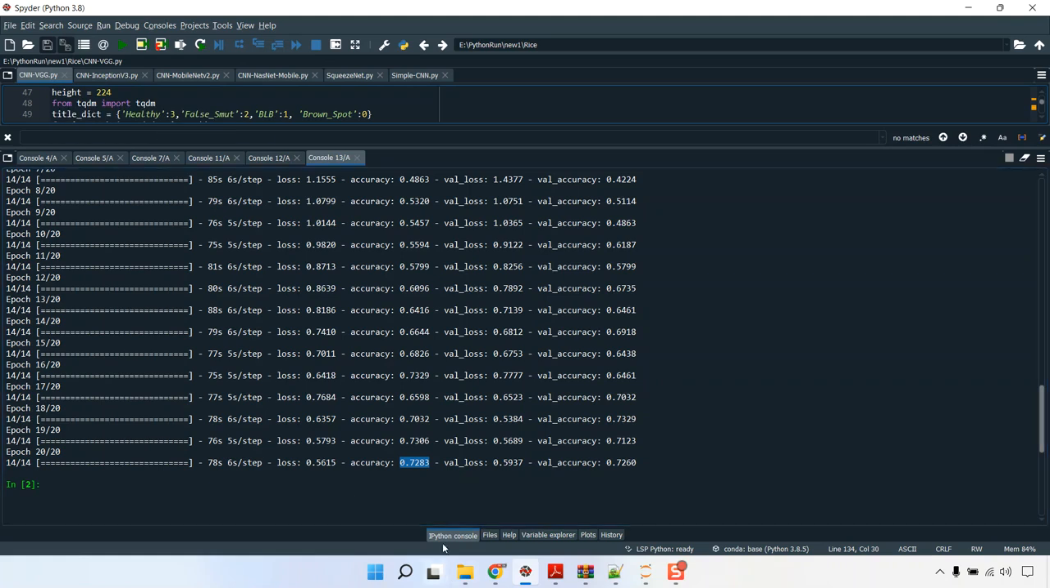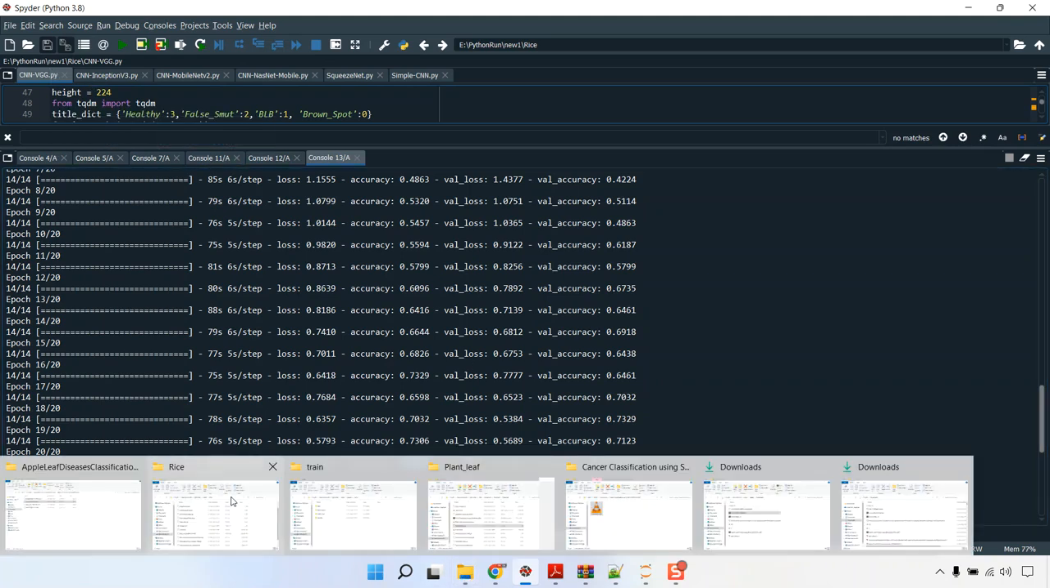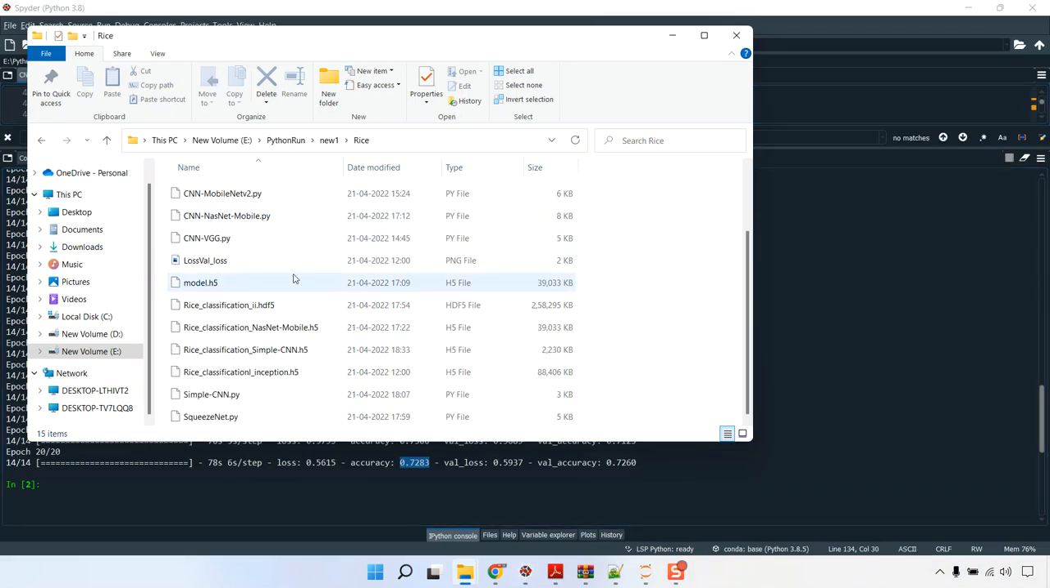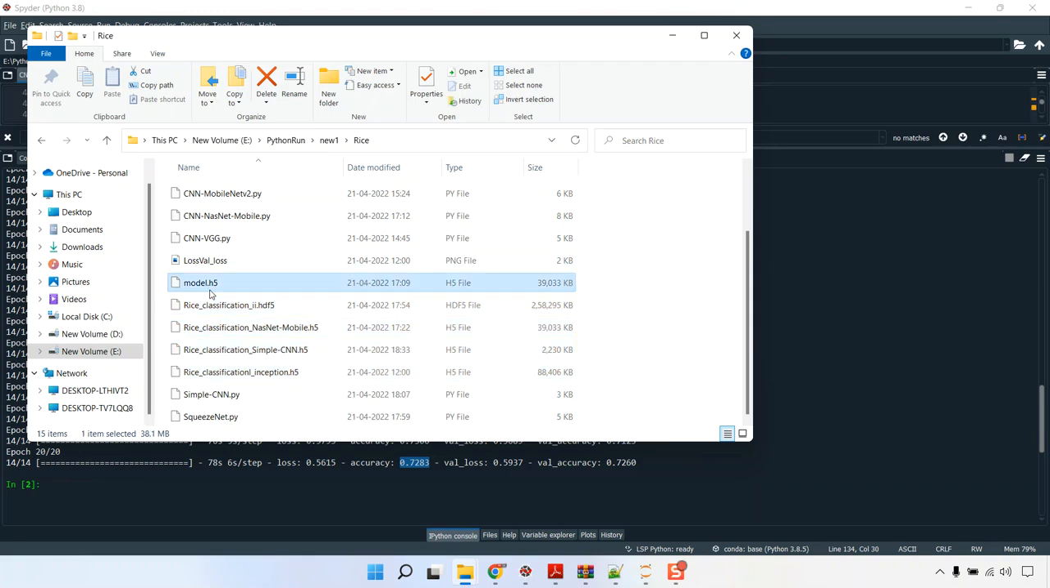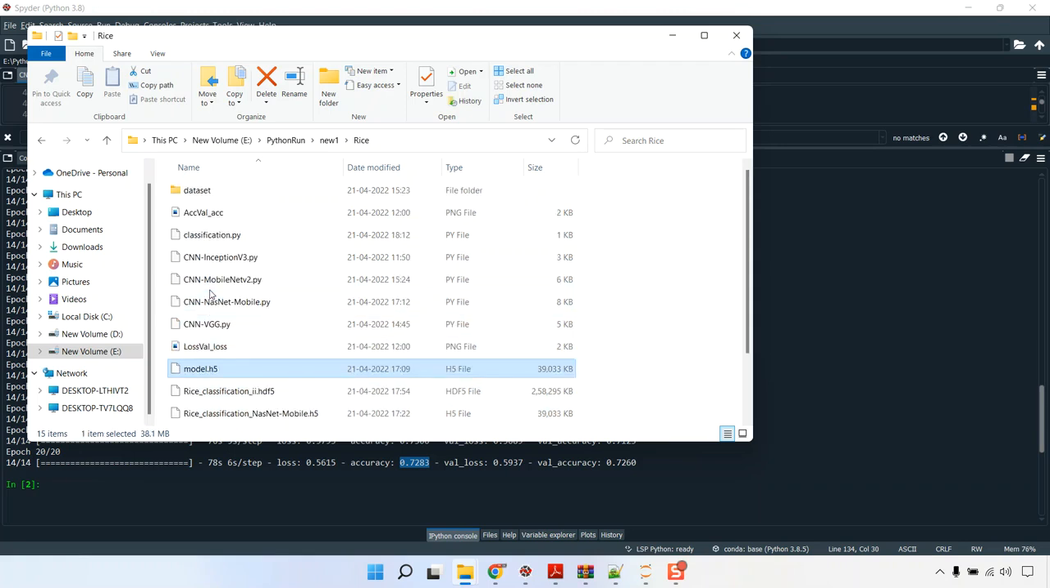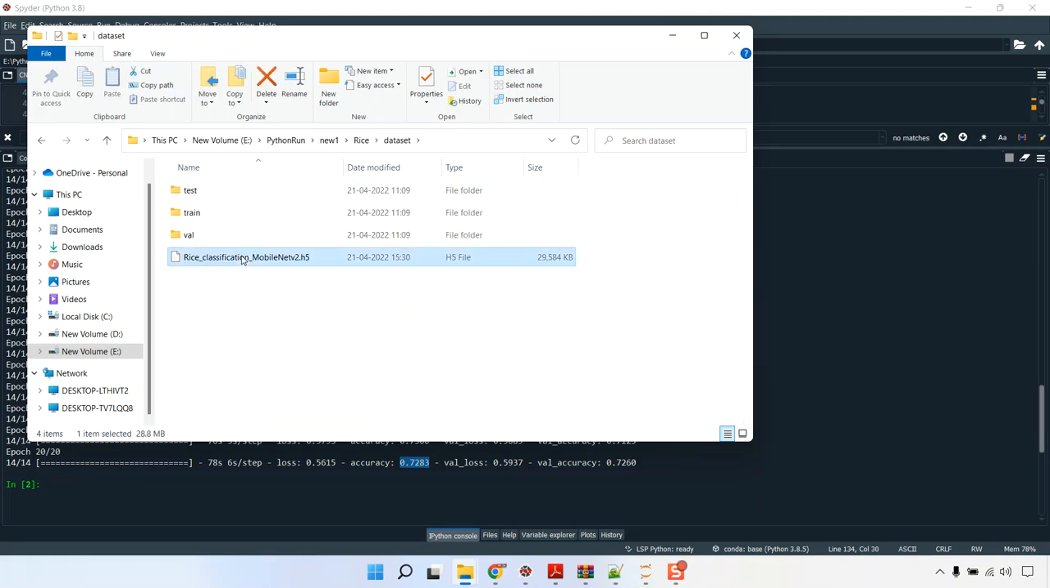Once each training has been completed, we are creating training models. Those training models will be saved as .h5 files. Like this is for VGGNet, and this is for NASNet, simple CNN, Inception, and this is for MobileNet. So I gave the path mistakenly here. This is for MobileNet,